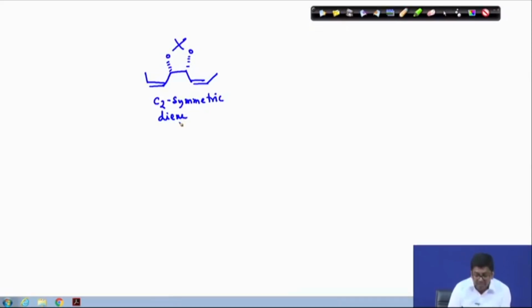If this diene is exposed to a modified Simmons-Smith reagent, here what they have used is diethyl zinc and methylene iodide, for the generation of this modified Simmons-Smith reagent, and once it has been generated, then it gives the corresponding cyclopropane ring,